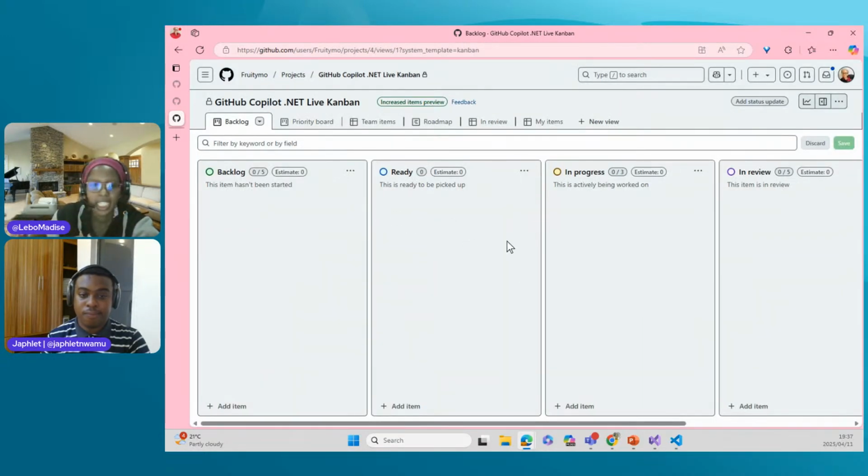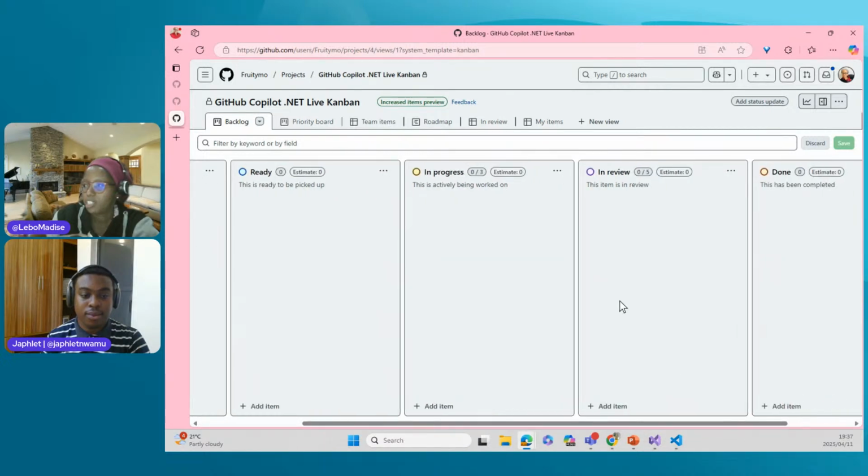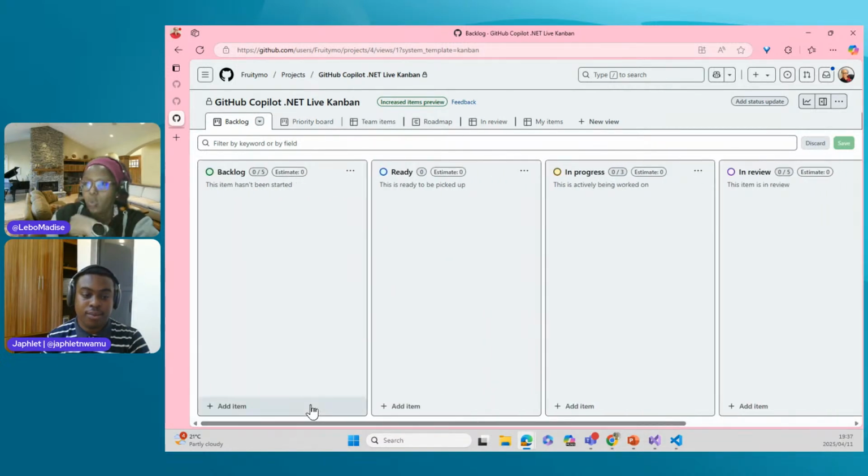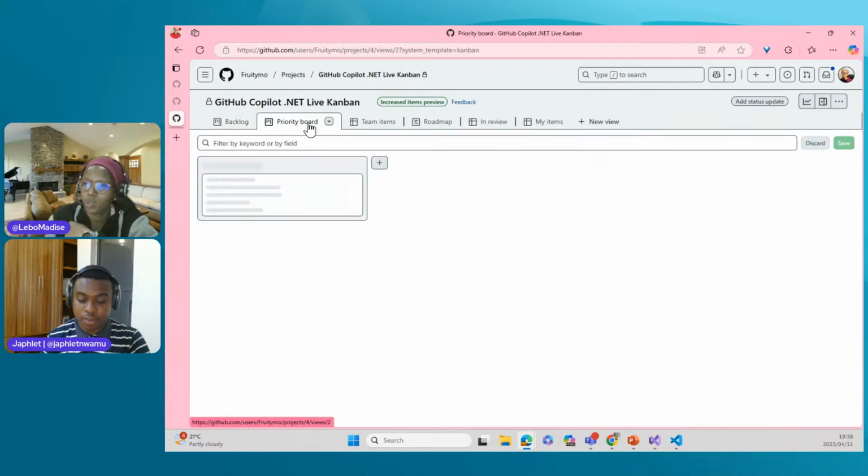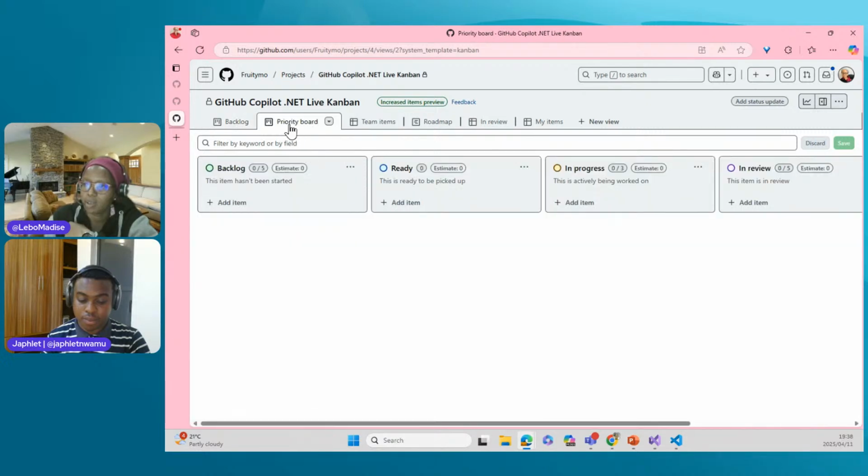Okay, so here it has created my Kanban. By default, it has labeled my different buckets. So I've got my backlog over here, my ready state, in progress, in review, and done. What I normally like doing before even activating a Kanban for any project is defining things like what does done mean and so forth. But just to walk you through this piece, we also have an item here called priority